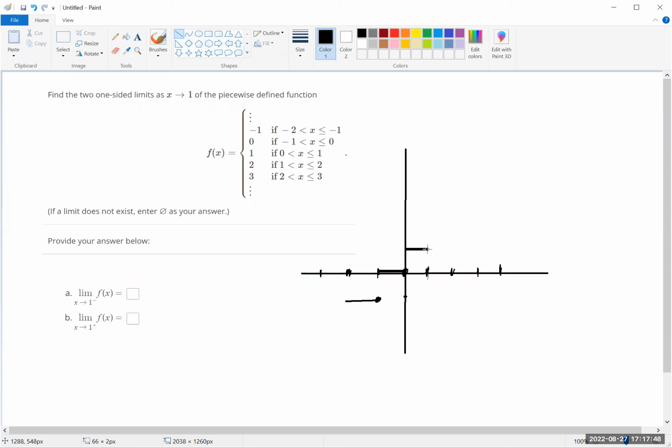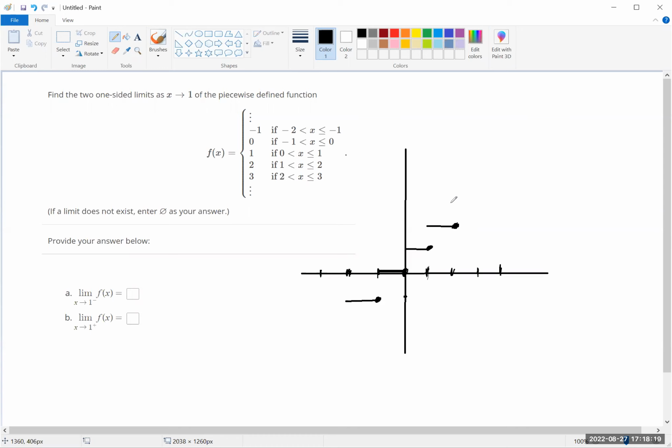Each of these goes up 1 unit, and it's a flat piece. So this is basically called a step function. And that's what we're making here. We're making a step function. So between 1 and 2, the function is at 2. So something like this. And that might be as far as we need to go, even though there's more in there,